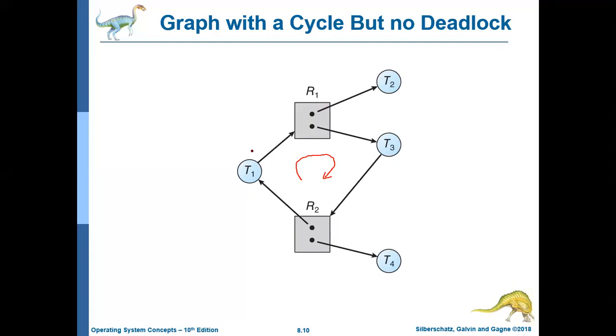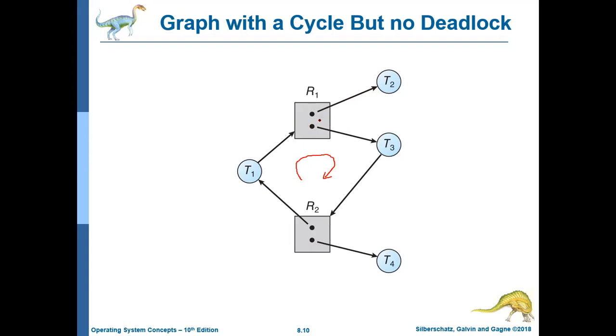Can we run T1? T1 is having one instance of R2. T1 requires one instance of R1. Can we allocate this R1 to T1? R1 has two instances. One is given to T2, another one is given to T3.